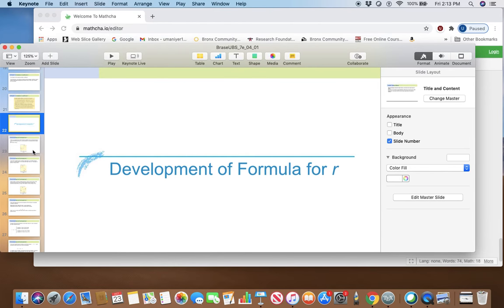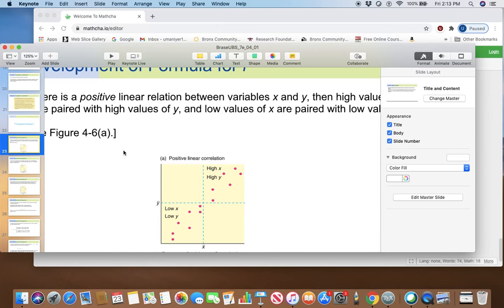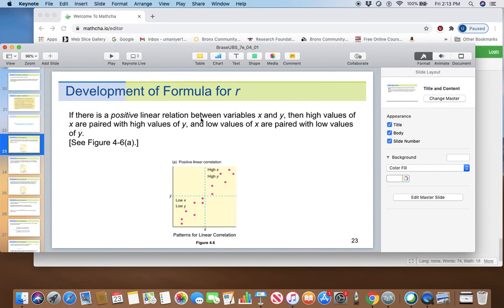So how do we calculate this quantity R? If there is positive correlation between x and y, then the points have to climb up. High values of x are paired with high values of y. That is, if you drew something like this, small values of x should give you small values of y, so the points live here. High values of x should relate to high values of y, so points have to live here. So it should look like this. The points look like they are climbing up.